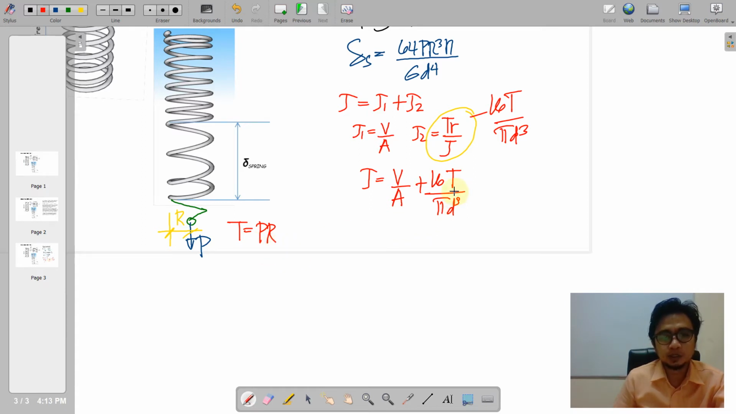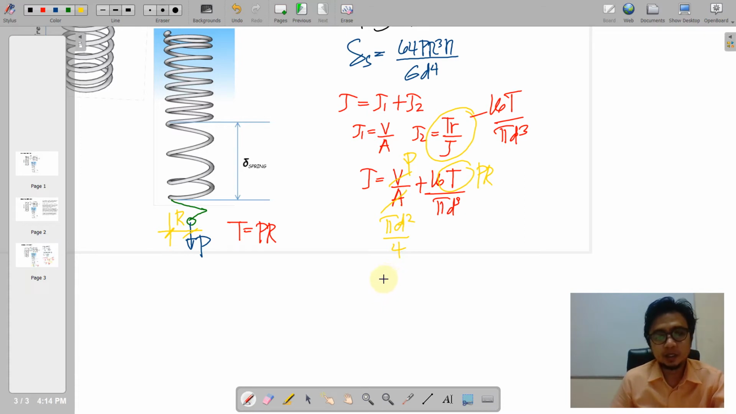So we're going to replace the T here as P times R, and then V as well, the shear, or the cause of the shear, is actually equal to P also. So we replace V here by P. Note that the area here is in terms of a circular cross-section, so we can simplify this as the area of the circular one, of course, that is pi d squared divided by